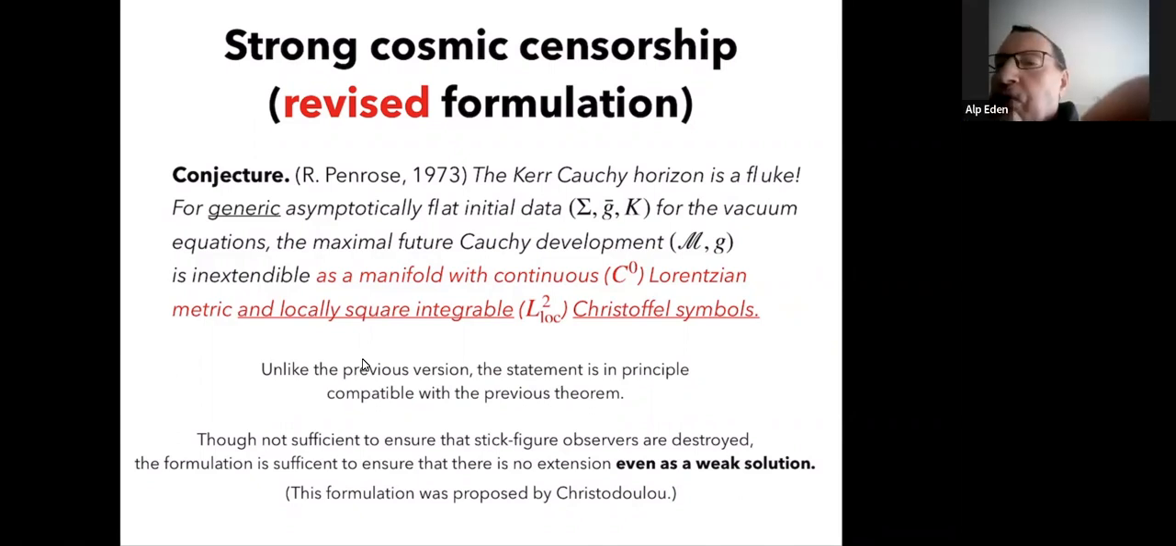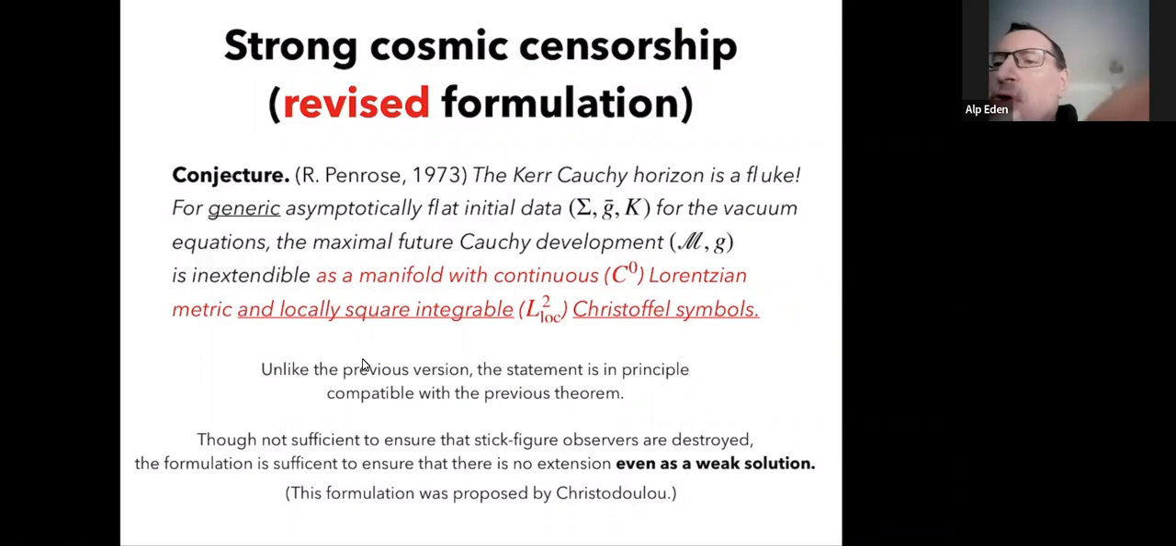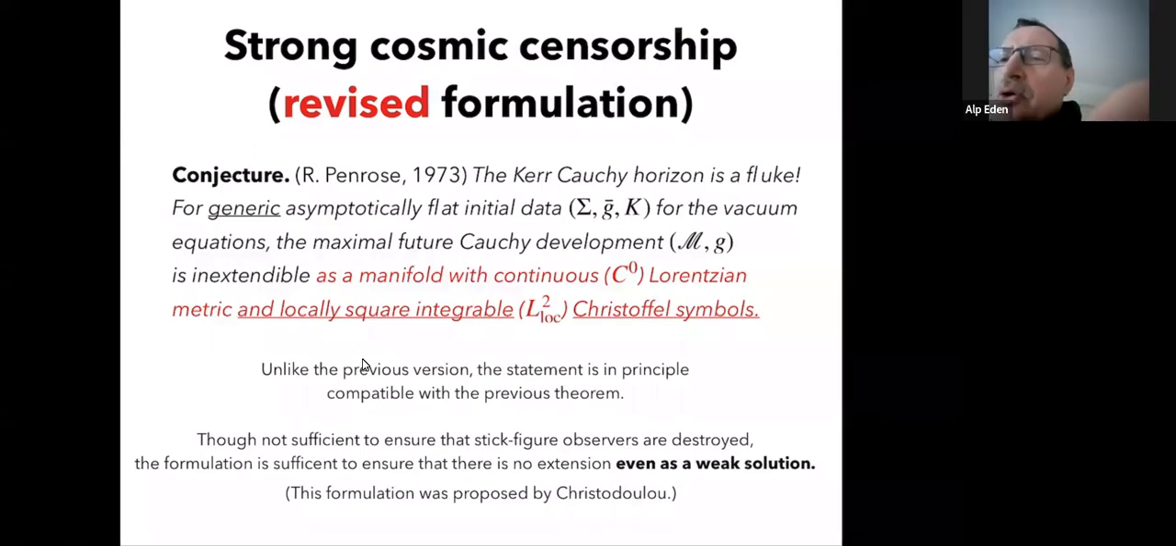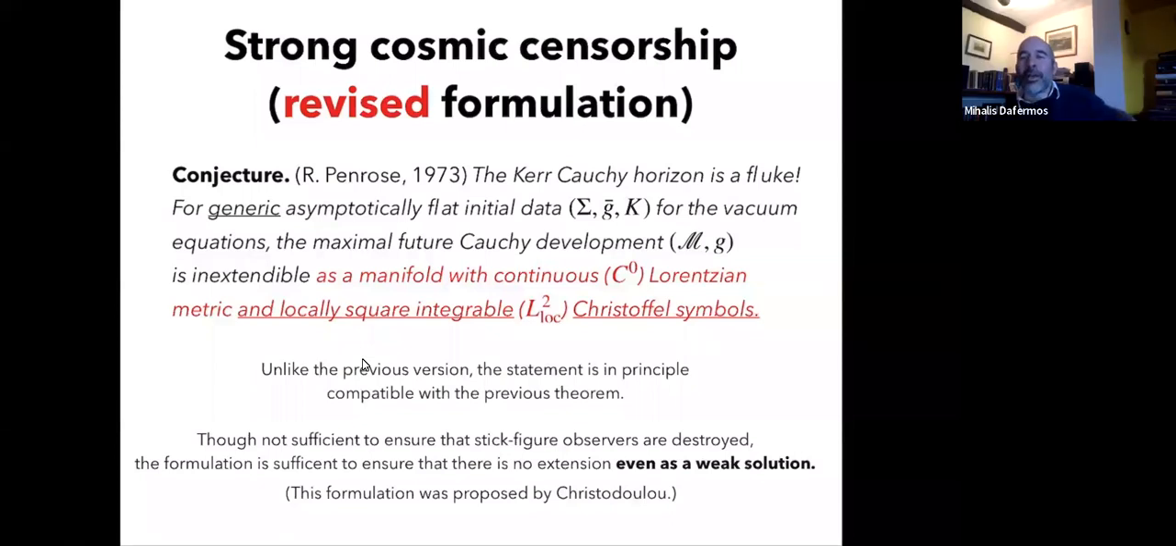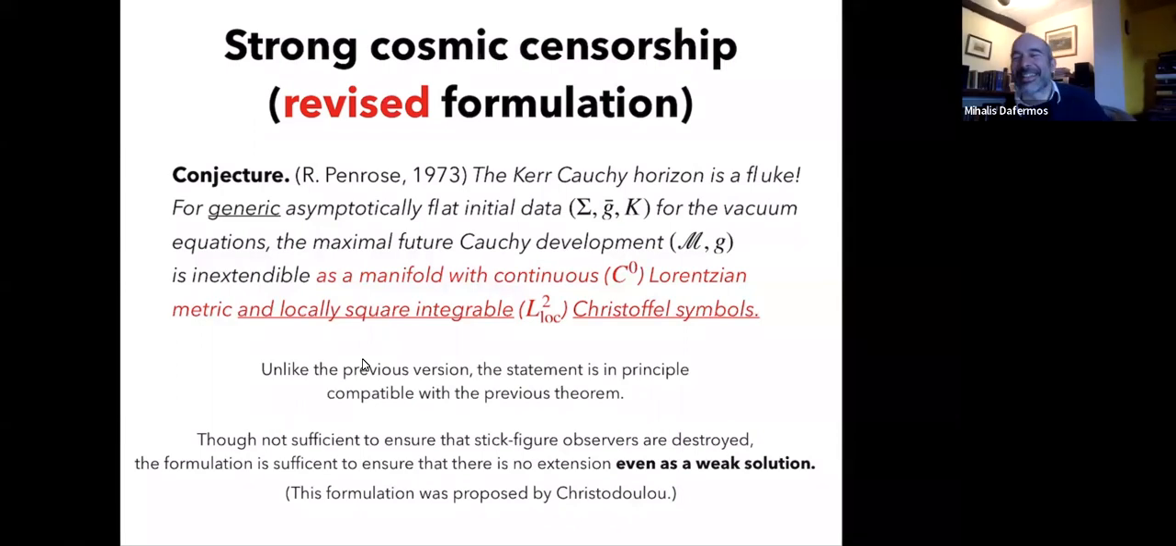papers in the physics literature, and not only do they adopt this formulation, namely that the correct formulation is this revised formulation that came out of mathematics concerning inextendability in the Sobolev space H1, but they do it as if it was the most obvious thing to do. So in any case, I think that,